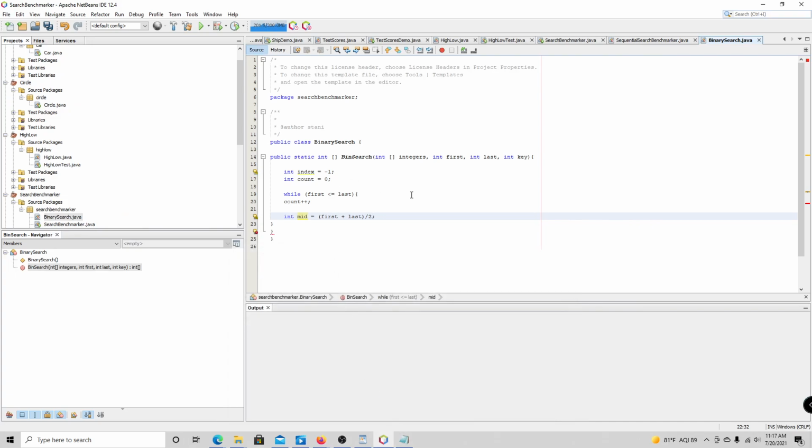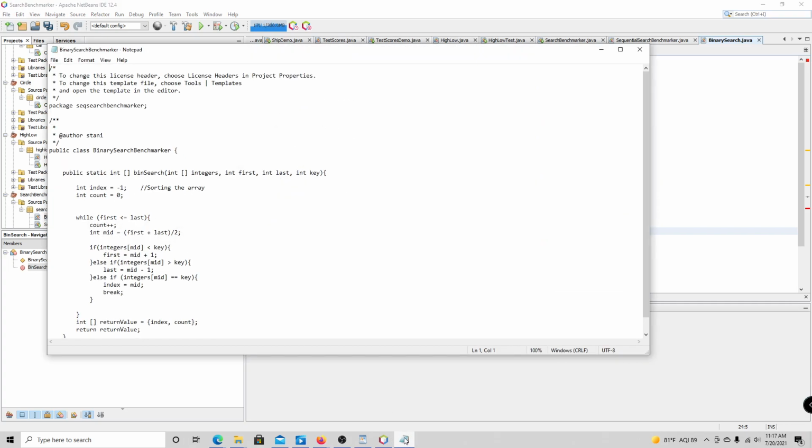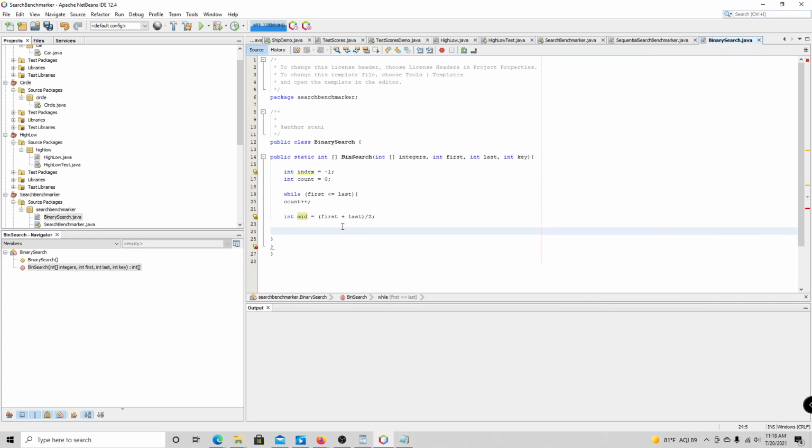Now we're gonna check the integers, right? We're gonna say if middle equals the key, then I found it. If not, then go through and divide it. Just search the array, right side of the array, left side of the array, try to find it there, right? So that's the way we say that. We do the if statements. So we do if the value at the middle is less than key,